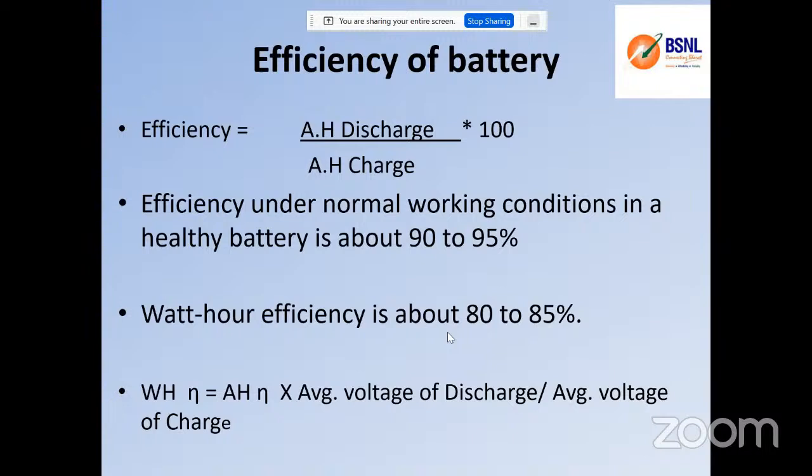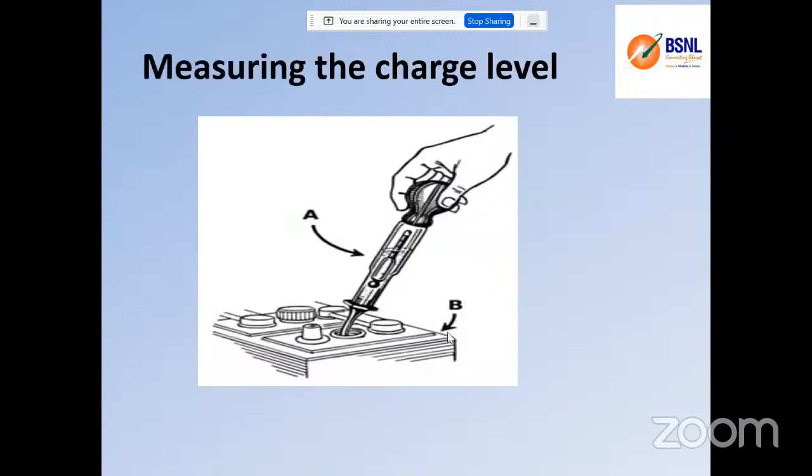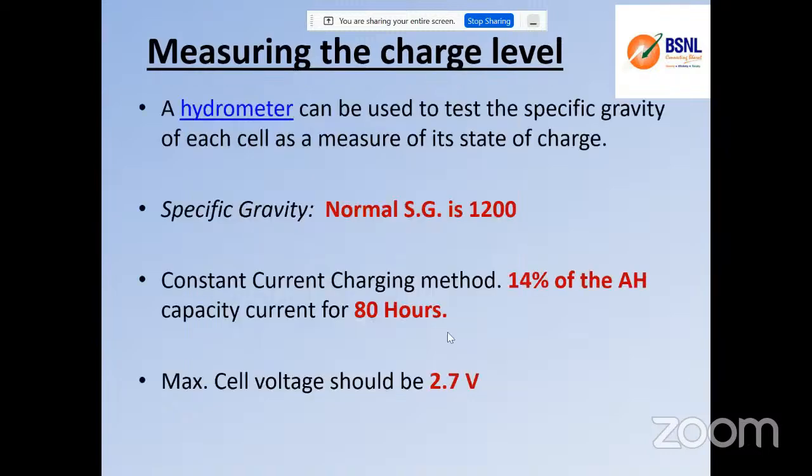That is also an important part we have to look at. It should not discharge completely, and there should be no provisions like a short circuit. In conventional batteries, we used to have a hydrometer, to know whether there is charge and what the electrolyte capacity is like. We used this hydrometer to know the specific gravity of the electrolyte. The hydrometer is used to check the specific gravity, and the normal specific gravity should be 1200. It will be shown as 1.2, not 1200. Normally it will show 1.2.